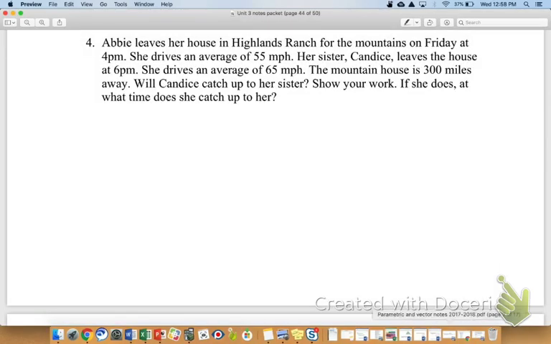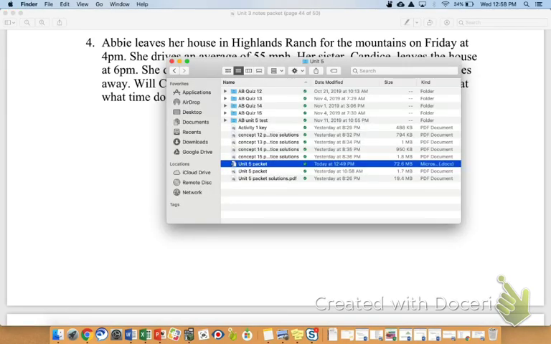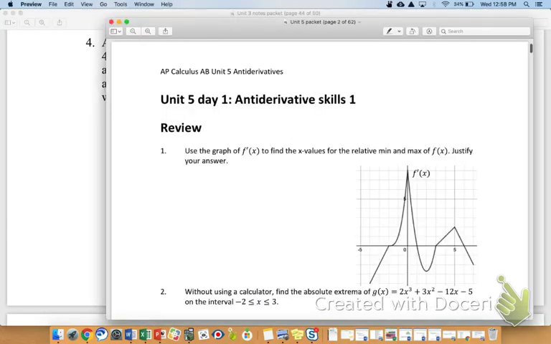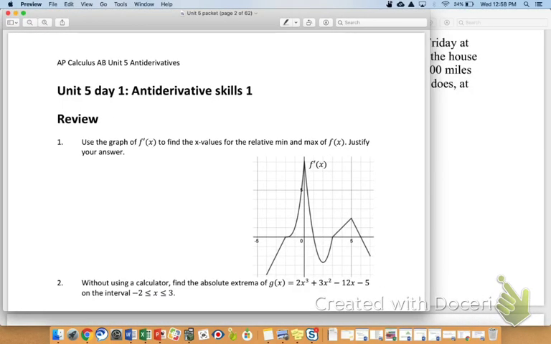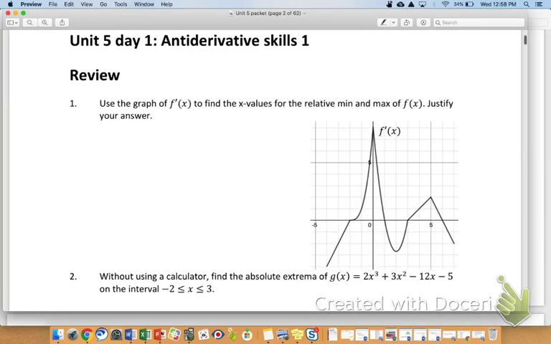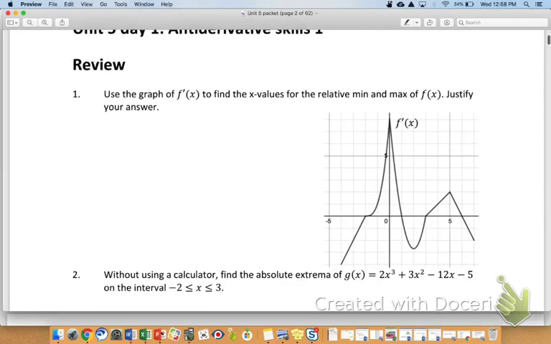That's not it. Where did you go? That's not it either. There it is. Okay, so